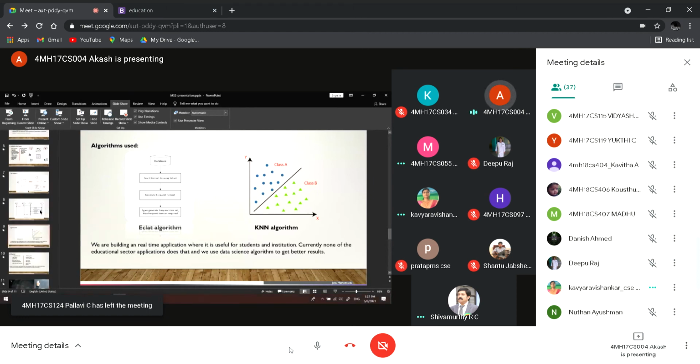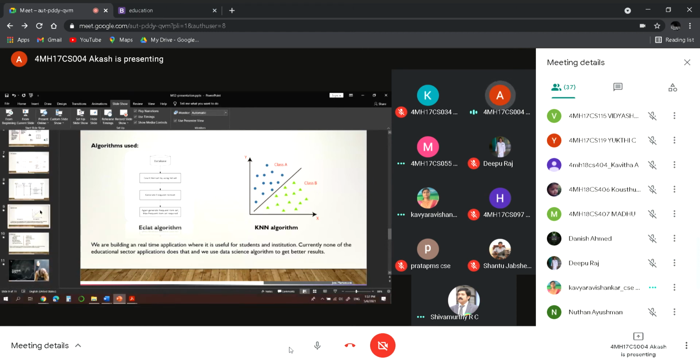The Eclat algorithm works by generating frequent item sets, ma'am. When attendance status is 80% and previous semester marks are 70%, the next performance will be some value. That will be the first item set generated.